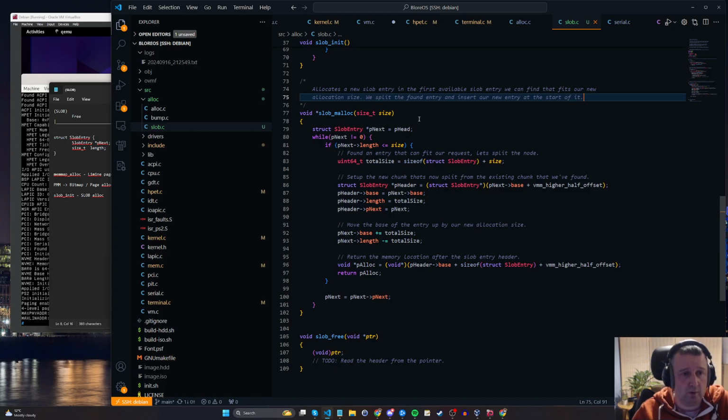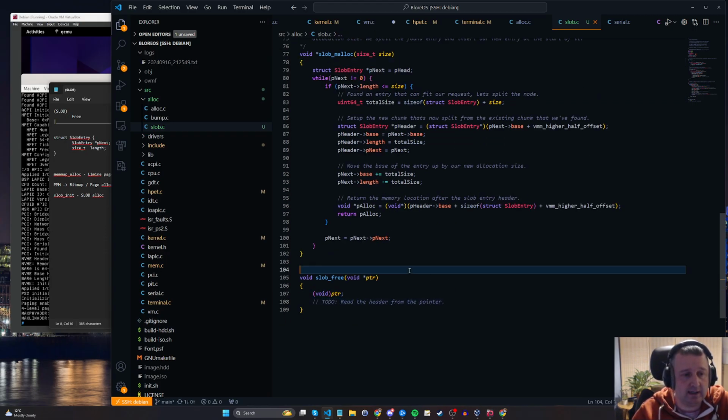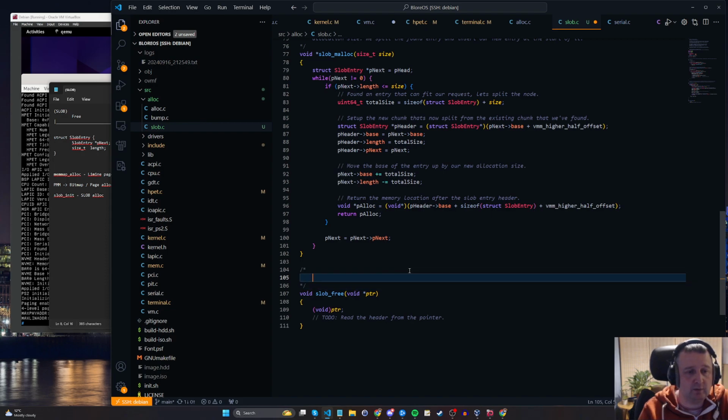Okay, so our free is going to be interesting because this is where I kind of want to bend the rules a bit and I want to merge sibling nodes. But I don't have to. I can merge. It might be that I just need to merge to the right. Oh, I've got to be careful here. So,